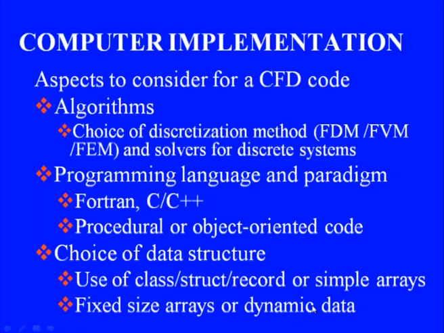The next one is, should we go for fixed size arrays. That is to say, when we are writing the program, we would think of a maximum number of nodes which one might use in discretization, and make all arrays of that size. Or we can allow the arrays to grow. That is, for different problems, different users might choose different grid sizes, and then the grid size can be input, and based on the grid size,